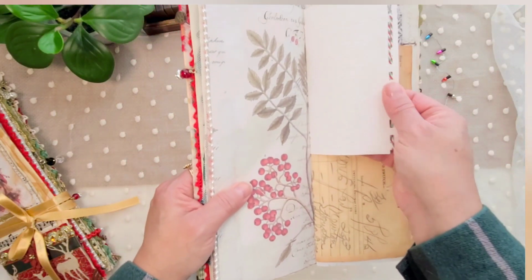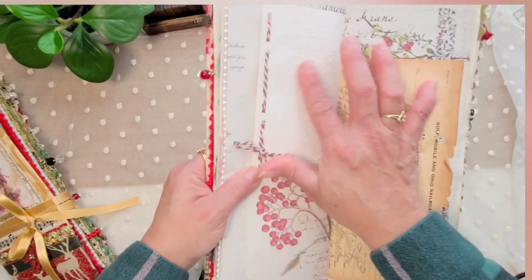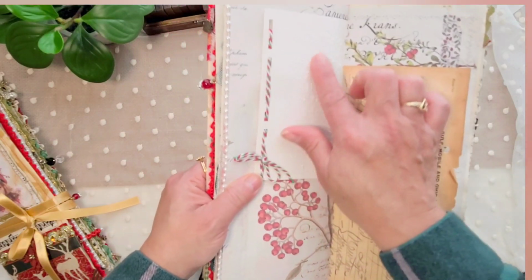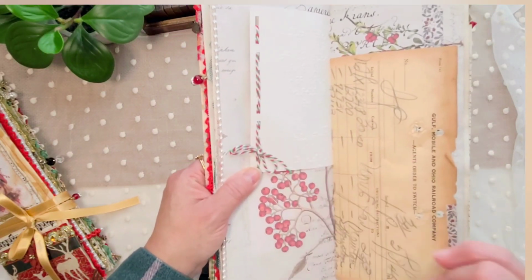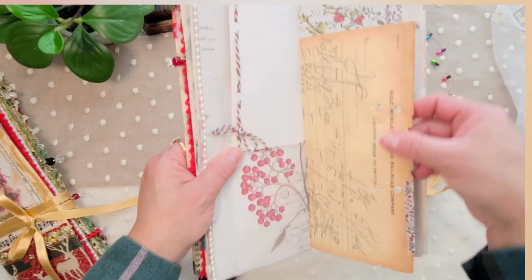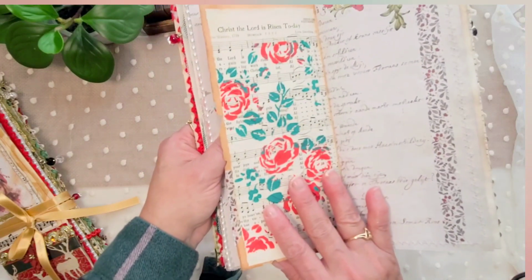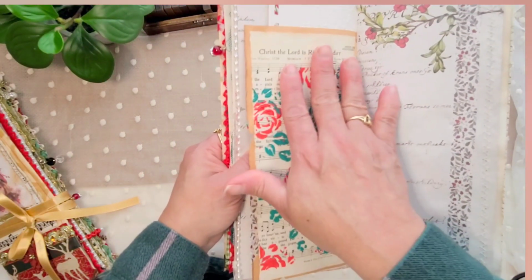Here I added a piece of what is it called again? This is wow, I always forget something. Anyway, we have the vintage antique paper here from Railroad, and in the back I did add a music sheet from one of the